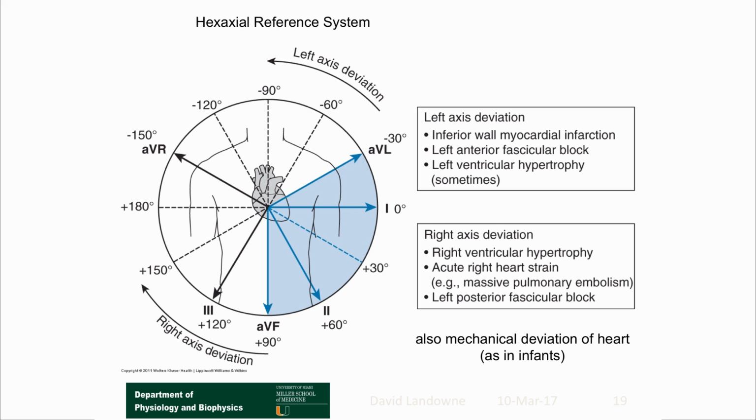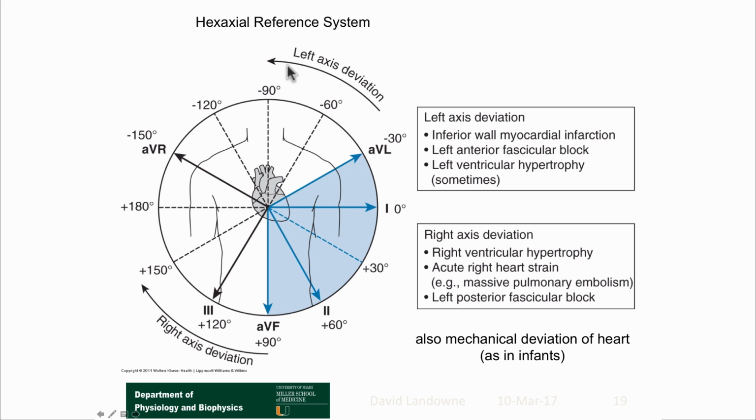Lead AVL, which is shown here, would be at minus 30 degrees, and lead 2 would be 60, AVF 90, and lead 3 120, and so on. What this circle shows is that normal mean vectors of depolarization occur within this blue range. But if the mean axis of depolarization is left shifted, as shown here,